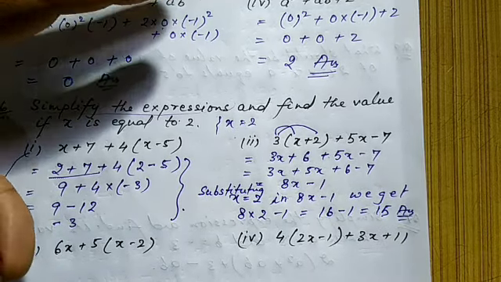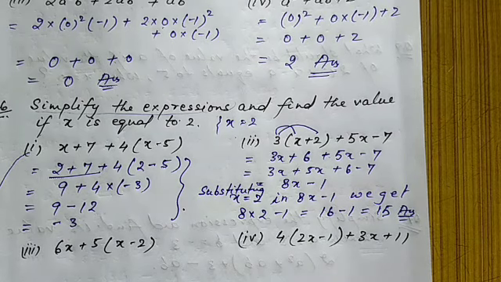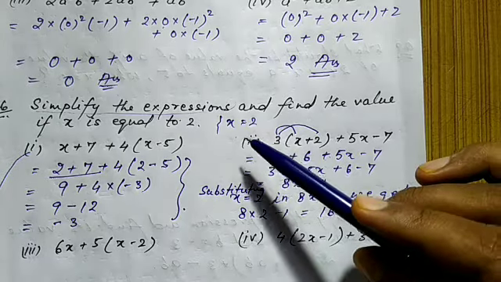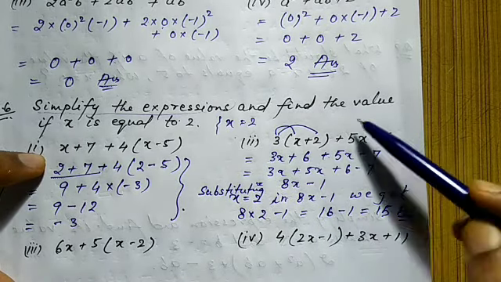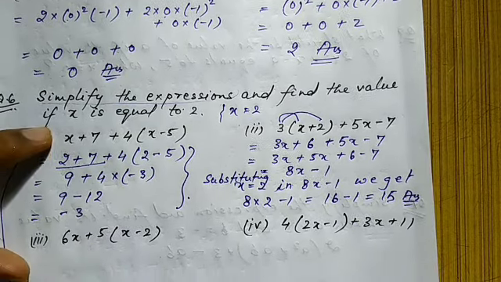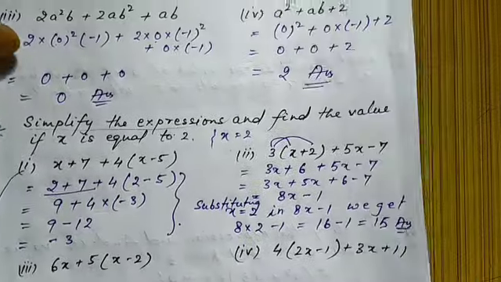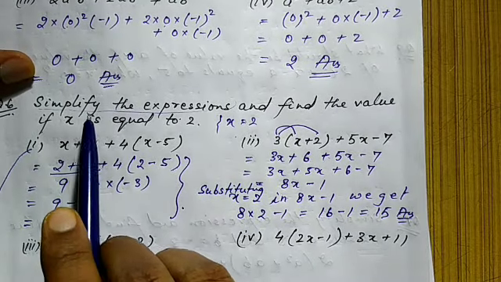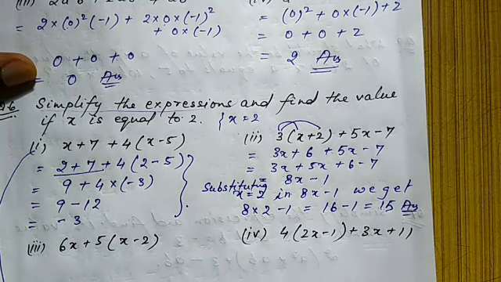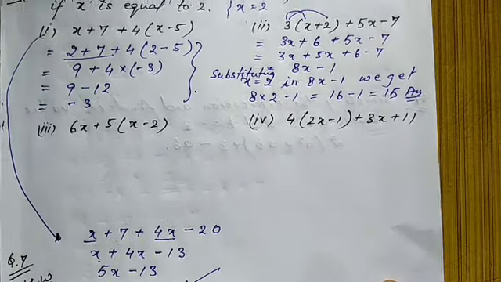Okay, everyone, I think got it. First when you put directly, the answer will come same. If you put directly x is equal to 2 in this expression, the answer will also become same. See here minus 3 is coming and here also minus 3 is coming. Okay, but in this question, first we have to simplify the expression. After that you put the value of x in that expression. Okay, so hope everyone got it. Next one.